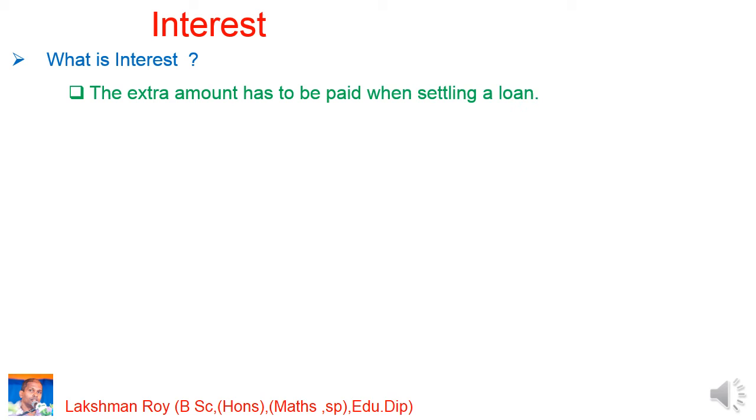You see, the extra amount has to be paid when settling a loan. So when settling a loan, the extra amount paid is called interest. So that is interest. Next, see,